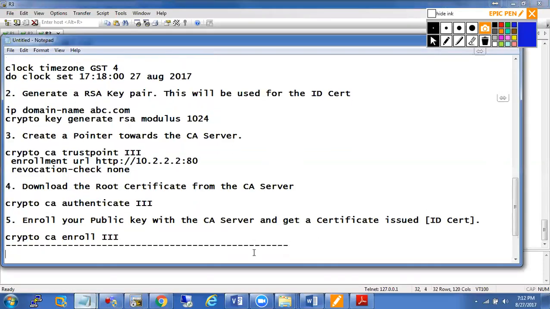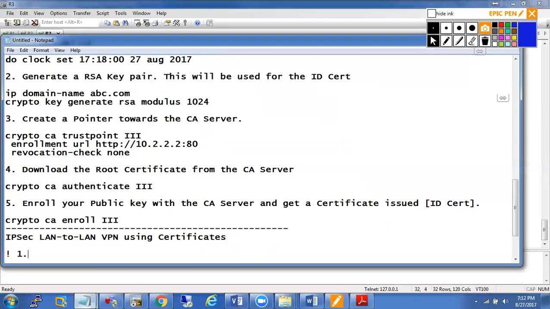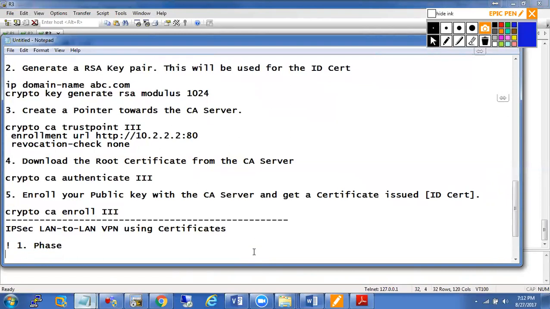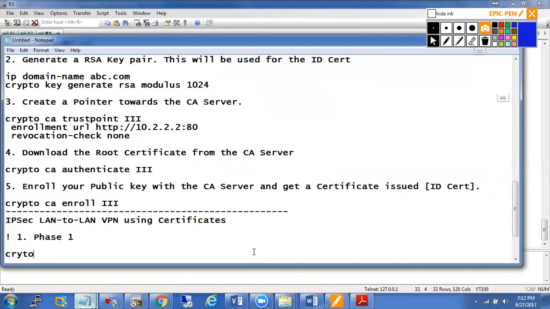Now let's do this. IPsec LAN to LAN VPN using certificates. Do you guys remember the steps? Rinchin was ready to go. What's the first step? Phase 1. Now in phase 1, crypto isakmp